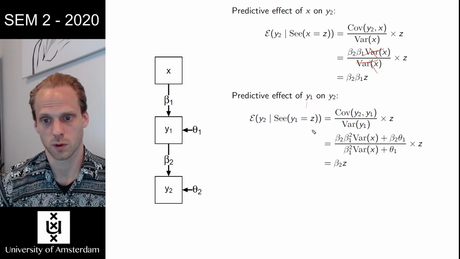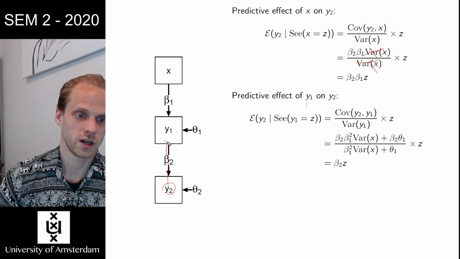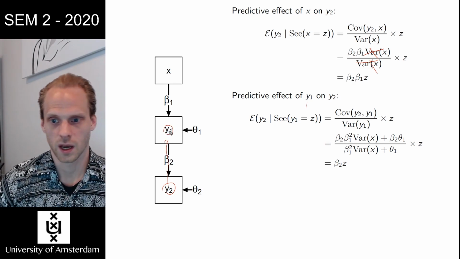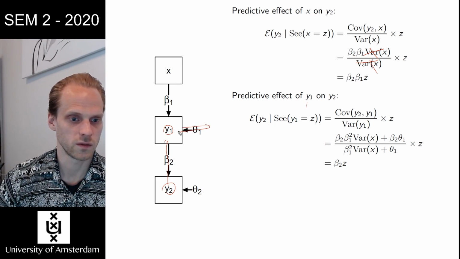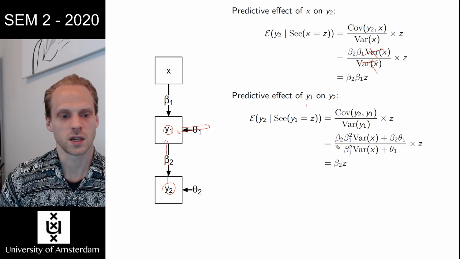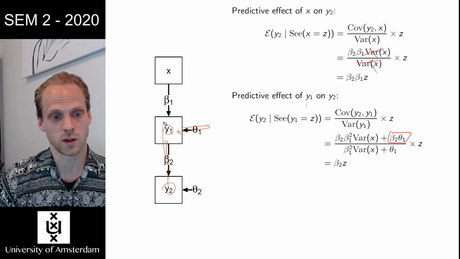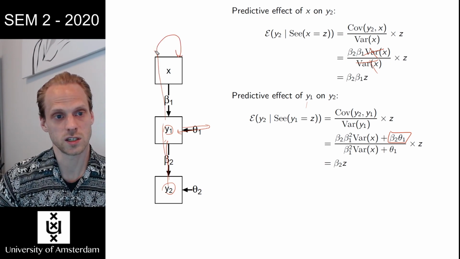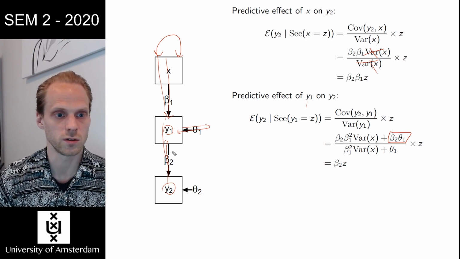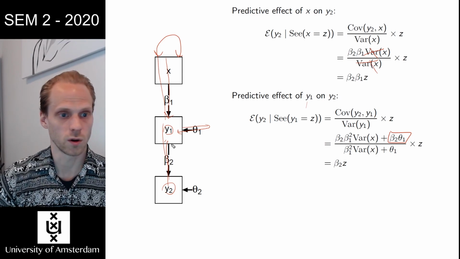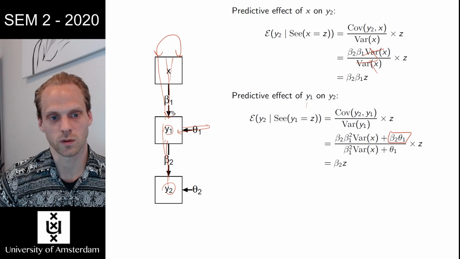Right, so that's actually a bit more tricky. So let's see Y2. Well, we go back, right? We're at Y1, and then we can take this double-sided arrow and we're there, right? So we have beta 2 times theta 1, that's this part here. But we can take another path, we can go back even further, take this double-sided arrow and then go forward. There's nothing against that, but we don't need to stop here, we need to go back, take a double-sided arrow, go forward. So we have beta 2 times beta 1 squared, because we go 2 times over this thing, plus